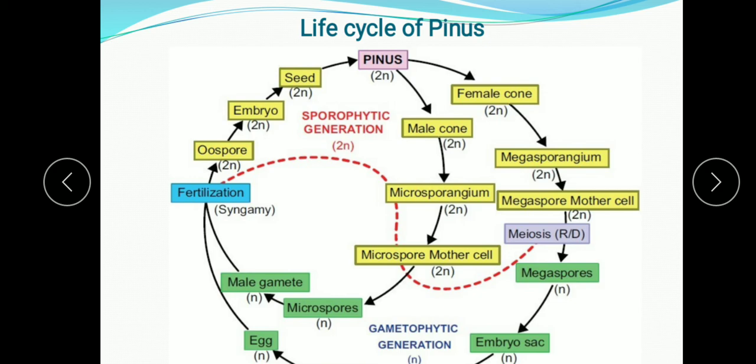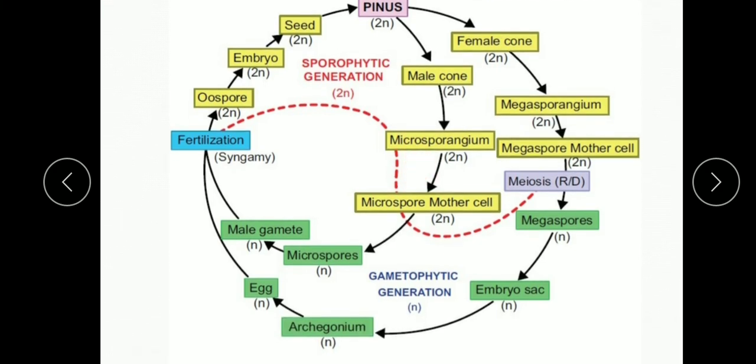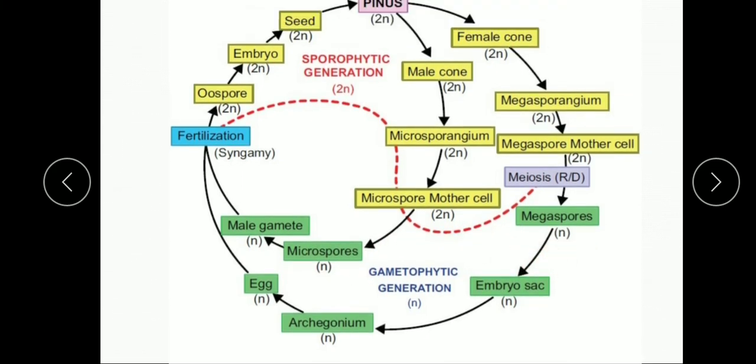This is heterospory. As I said, gymnosperms show the heterosporous condition or heterospory. Why? Because two different types of spores are formed in them, megaspore and microspore. So understood, children? Here, up to the microspore mother cell and megaspore mother cell, the diploid condition is there. But after meiosis, when megaspores and microspores are formed, these are haploid. After meiosis 4 haploid cells are formed. So here 4 megaspores and 4 microspores are formed respectively from one mother cell.